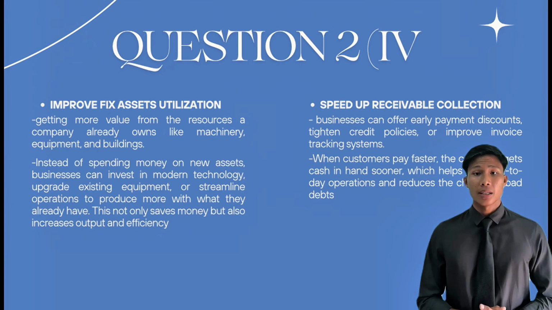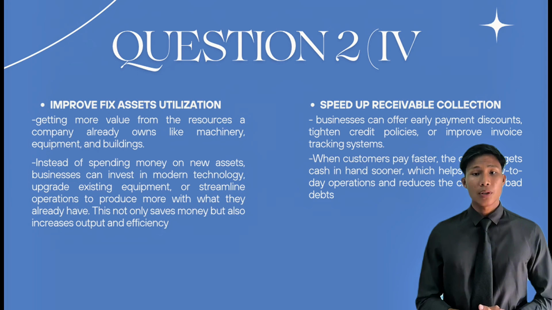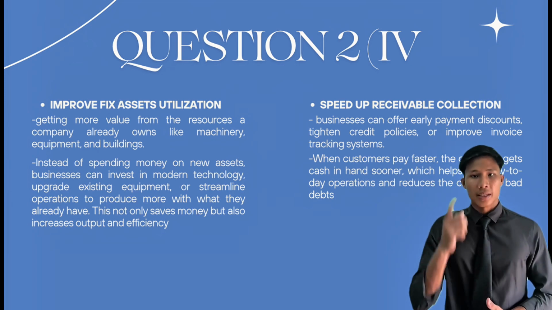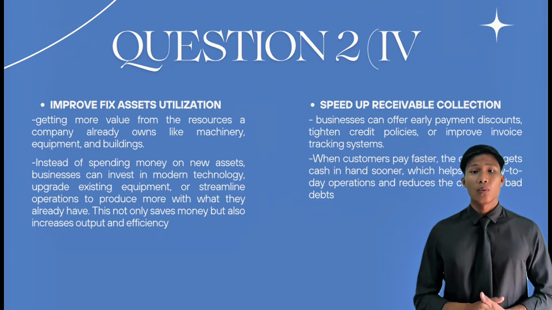This simply means getting more value from the resources a company already owns, like machinery, equipment, and buildings. Instead of spending money on new assets, businesses can invest in modern technology, upgrade existing equipment, or streamline operations to produce more with what they already have. This not only saves money but also increases output and efficiency, ultimately leading to higher profit. Think of it like this: why buy a new machine if your current one can do more with a simple